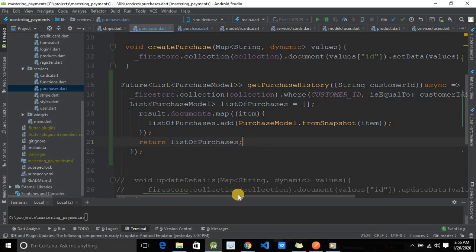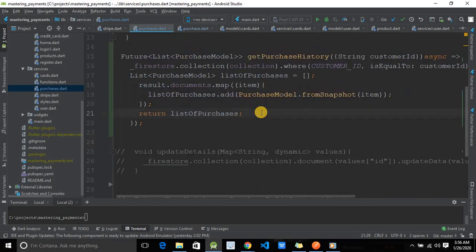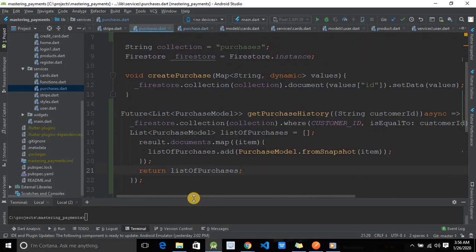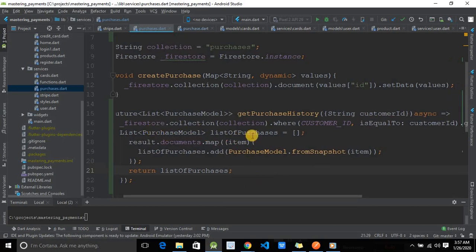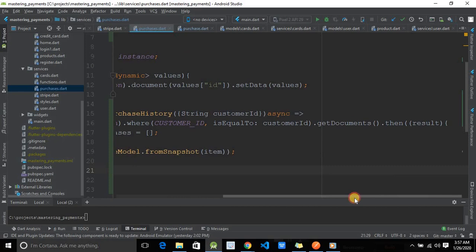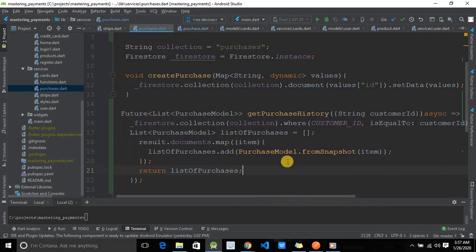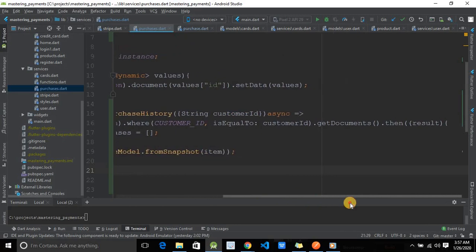I know that this was a bit complex and we had a lot of things going on, but let me try to explain it to you guys what happened here. We have our future get purchase history. And basically what we'll do with this method is going to our Firebase and reading all, and we'll retrieve all of the documents where the customer ID is equal to the customer ID that we just gave here, right? So what we are doing here, we are doing a Firebase collection where customer ID is equal to that customer ID we provided. We want to get documents, and in here we'll get a list of document snapshots as the result,